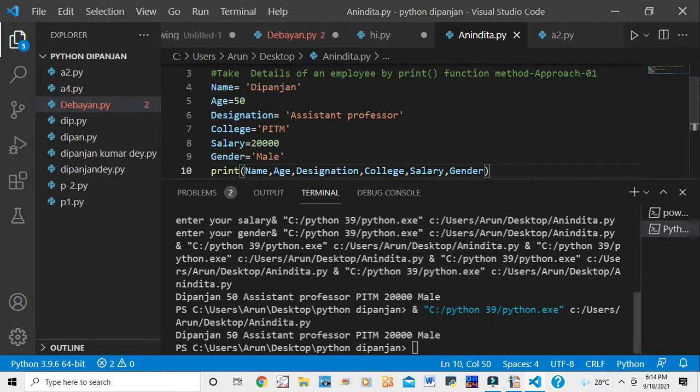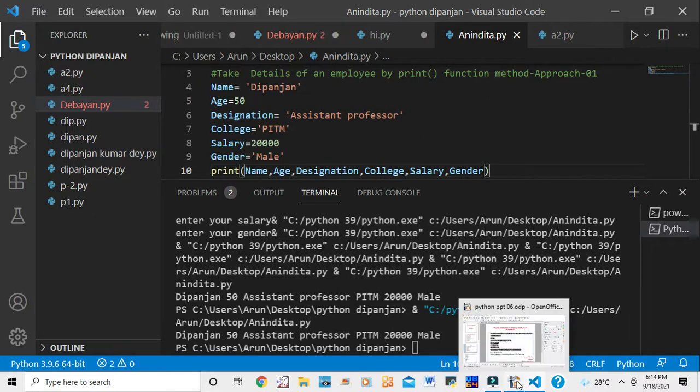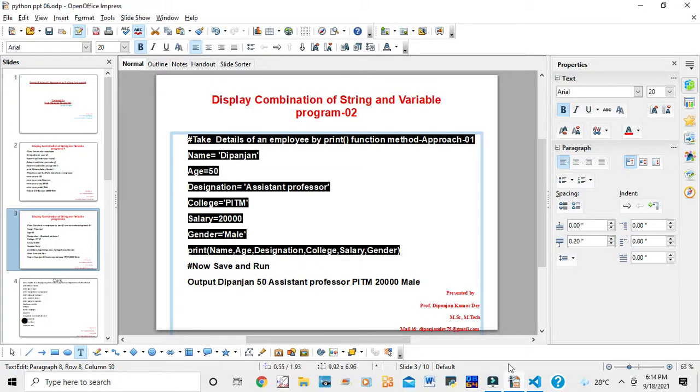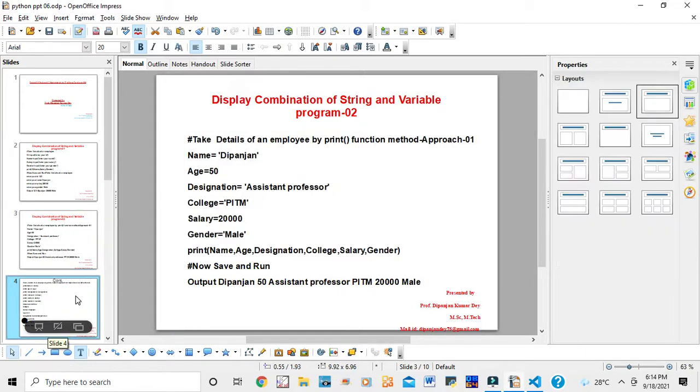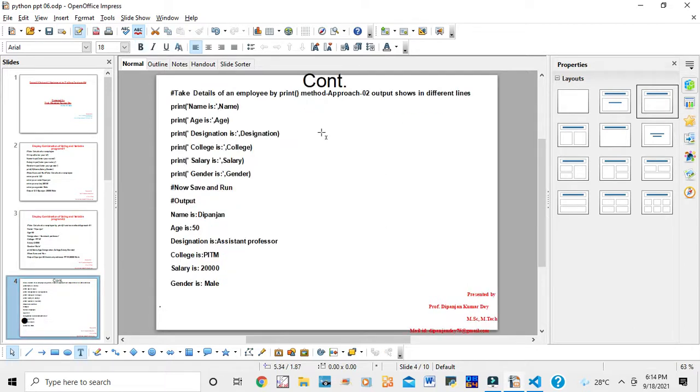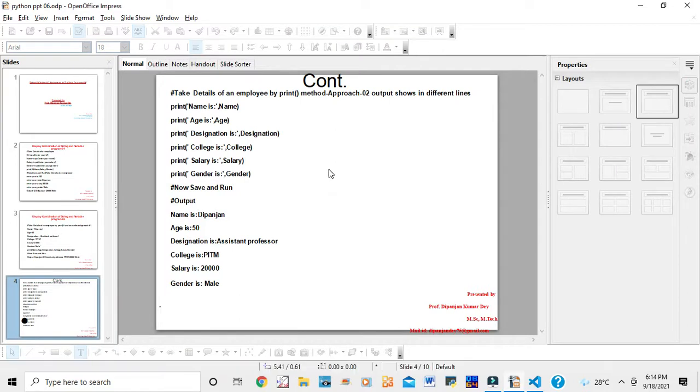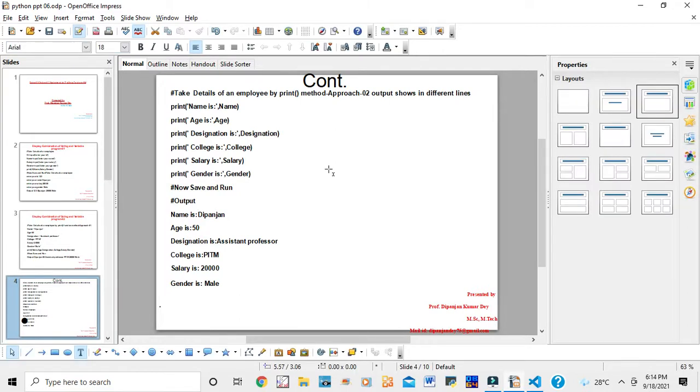So now I am going to my PPT. Next slide: take the details of an employee by print function method approach, and the output shows in different lines, because in the previous question all the output showed in a single line.